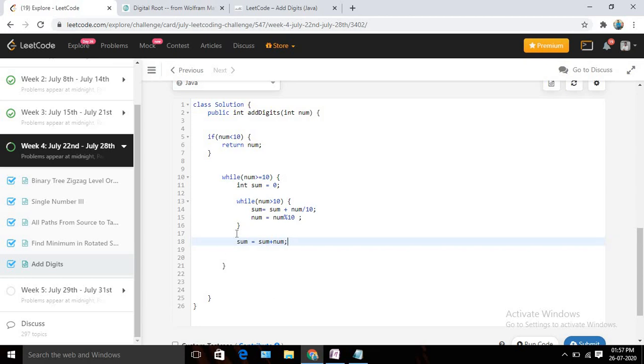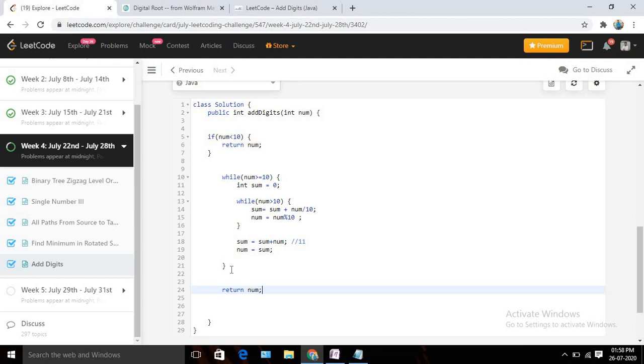At this stage my sum will become 11, but it's still a two digit number, not a single digit. So again we need to run the while loop. I will just write num equal to sum, updating the num value with the sum. Once our while loop is done, we are just going to return num, the actual number.